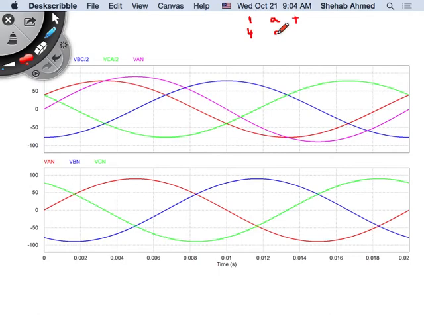4 will be phase A, negative, and 3 will be phase B, positive, and 6 will be phase B, negative, and switch 5 will be phase C, positive, and switch 2 will be phase C, negative. Okay, so if you go back to the drawing of the circuit, you will find that this is what the circuit means here. Okay, so now that I have all of these up here,